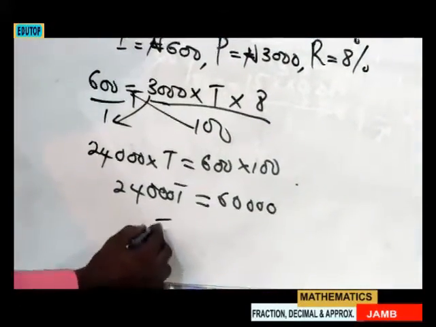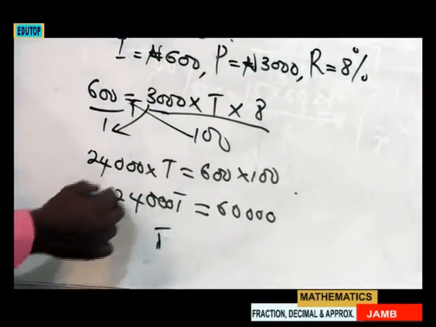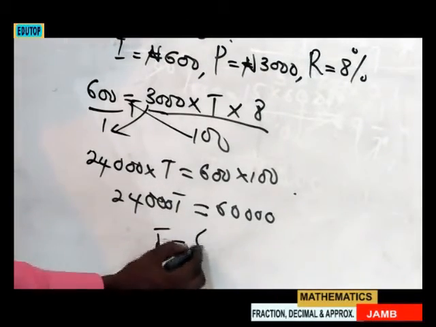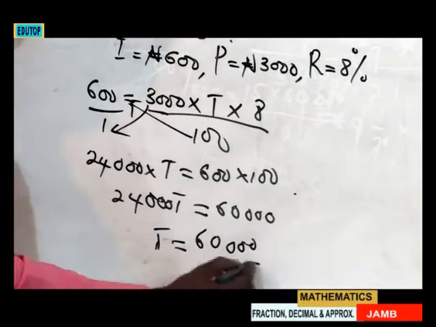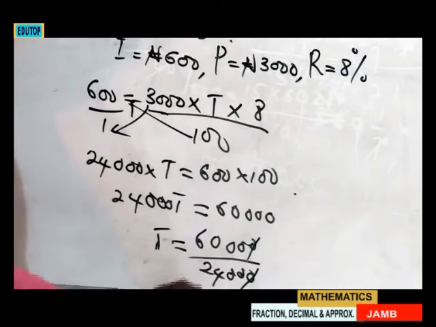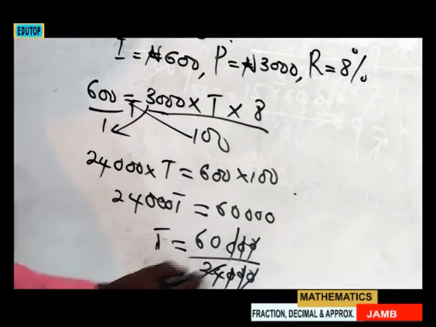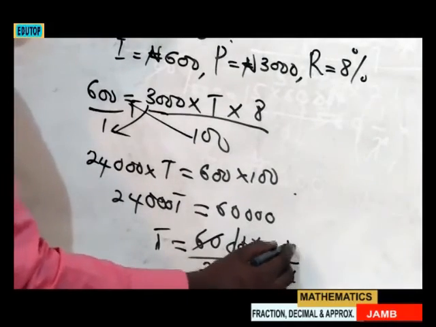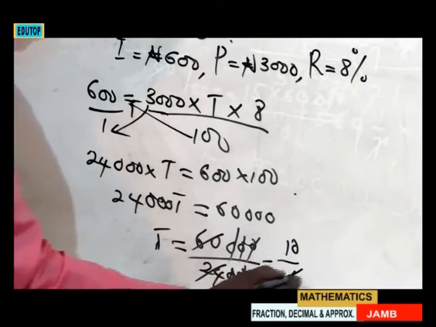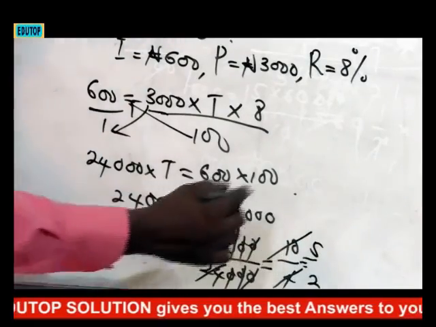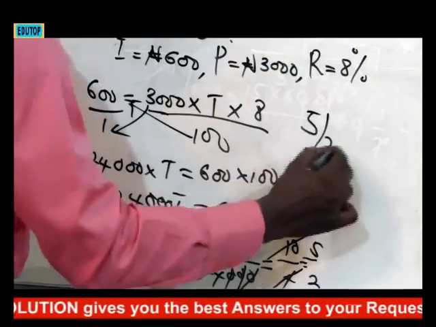Then our time will now be, we divide both sides by 24,000. Divide this one by 24,000, you have t left. Divide this one, it will now be 60,000 divided by 24,000. So this 0 cancels this 0, this 0 cancels this 0, this 0 cancels this 0. 6 in 24, 4. 6 in 60, 10. 2 in 4, 2. 2 in 10, 5. So we have 5 over 2. 5 over 2 is the same thing